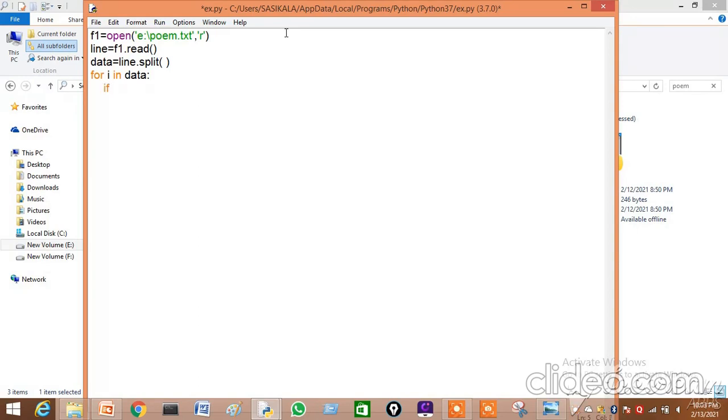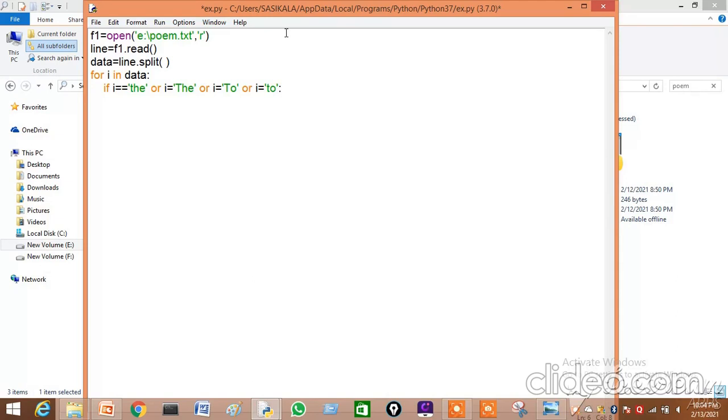If i is equal to "the", or otherwise i is equal to capital "THE", or i is equal to capital "TO", or i is equal to "to". Okay, these are the words it has to check.